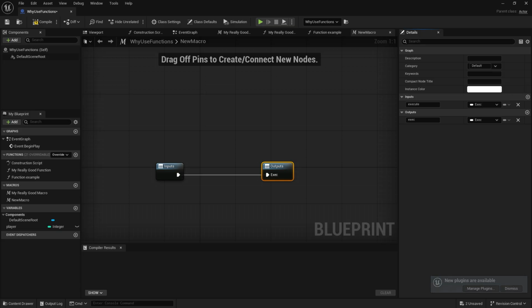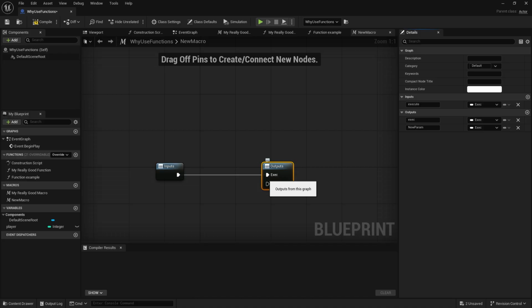Now, two quick other benefits for macros is that they can have multiple execution outputs. And you can just add new ones as if you were adding an output pin. And this can be useful for flow control. So if you want to make your own custom true or false statements or branches or iteration loops, that's a really useful thing that macros can help with. And that's one of the key things that I end up using them for, is just flow control,